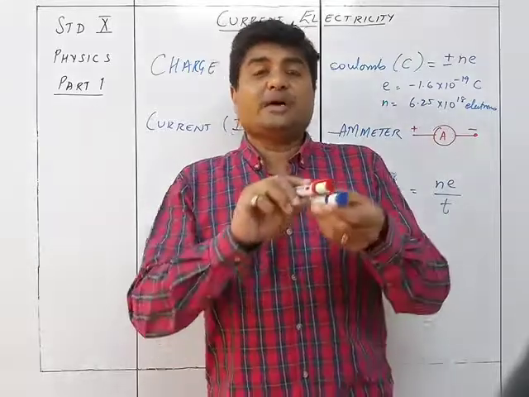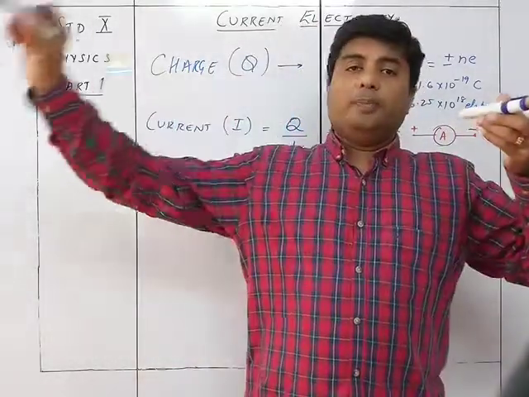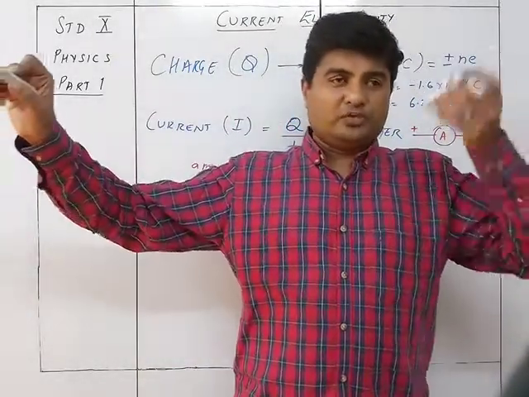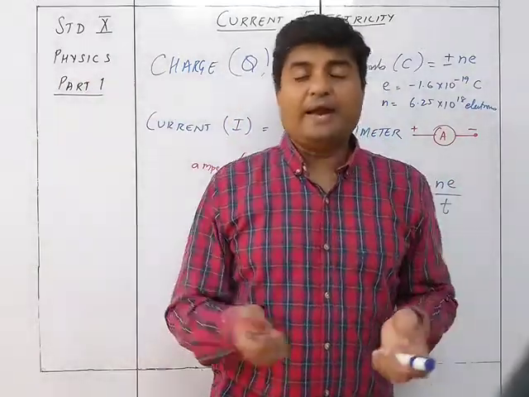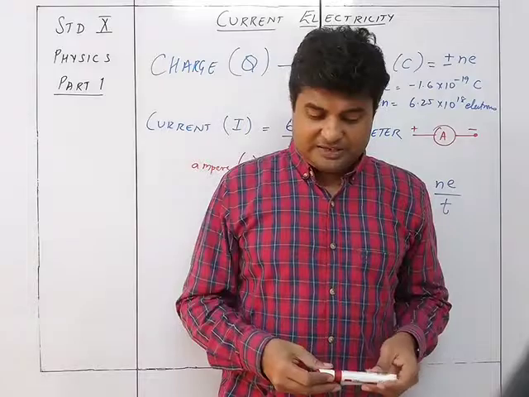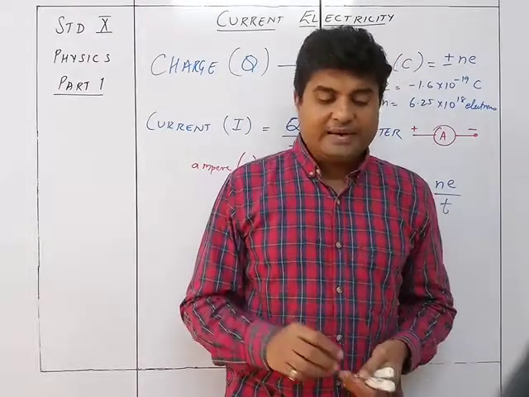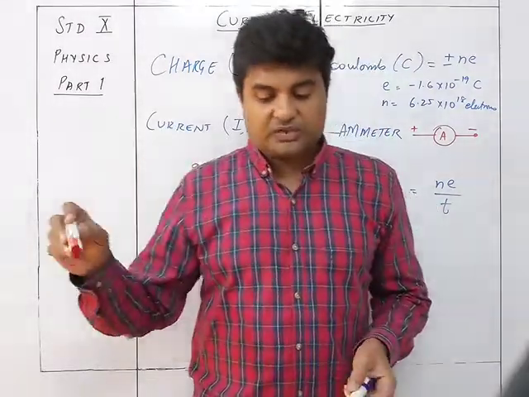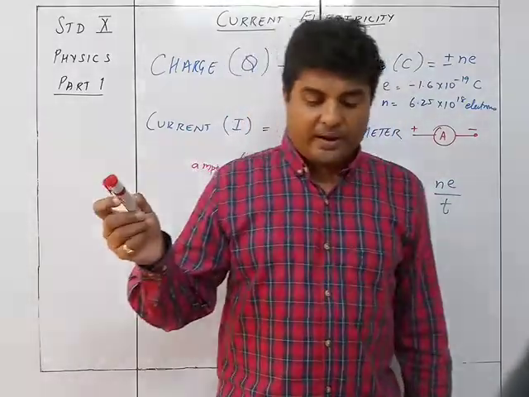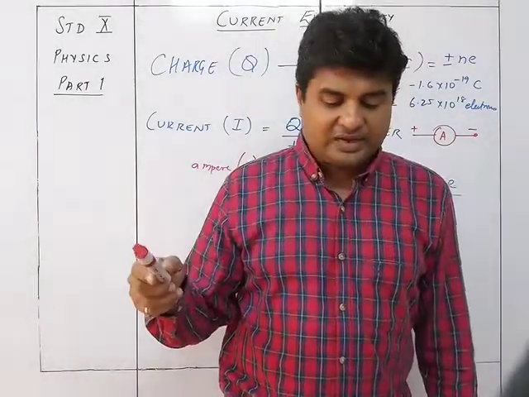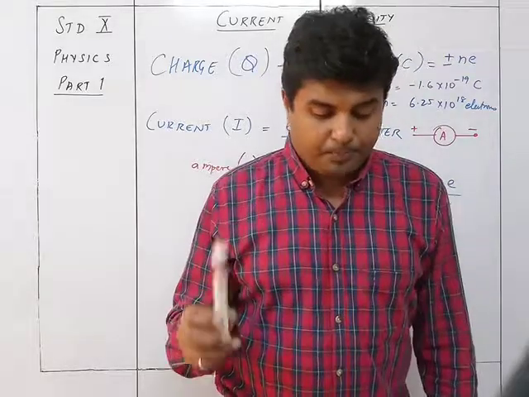So if somebody is at an infinite distance from this particular body, then automatically the attractive and repulsive force between both the charges will be zero. So hence the work done in bringing a test charge from infinity to a point in a region of another charge, when divided by the value of the test charge, gives the potential at that point.